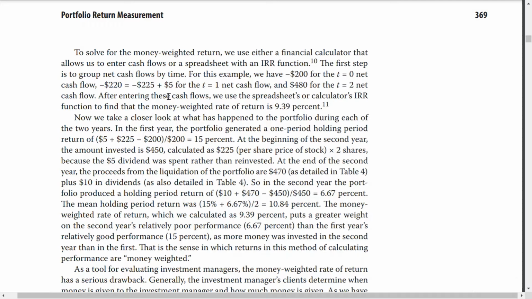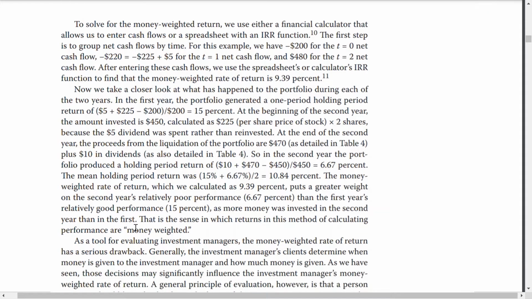So in the second year, the portfolio produced a holding period return of (10 + 470 - 450) / 450, which is 6.67%. This means the average holding period return was (15 + 6.67) / 2, which is 10.84%. The money-weighted rate of return, which was calculated as 9.39%, puts a greater weight on the second year's relatively